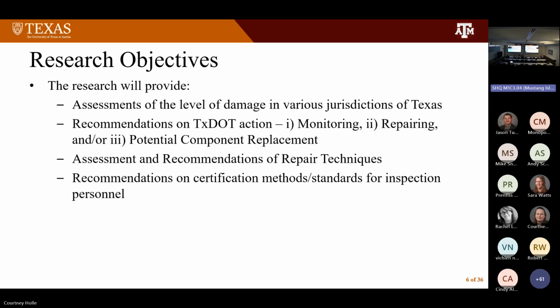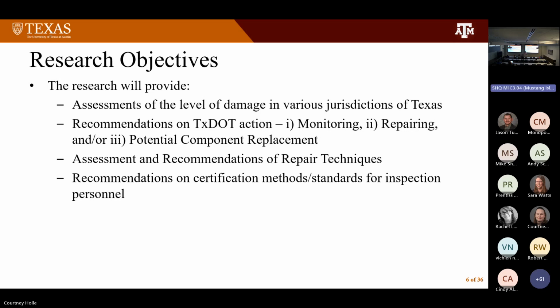What do you do? How about just monitoring, maybe seeing if the crack is going to grow? Maybe some that you get out and say, okay, we really need to repair this. And there might be some you say, this is kind of beyond repair, maybe this needs to be replaced, and try to provide some guidance with regards to that. And with regards to the repair techniques, what should be done to actually repair some of these welds?